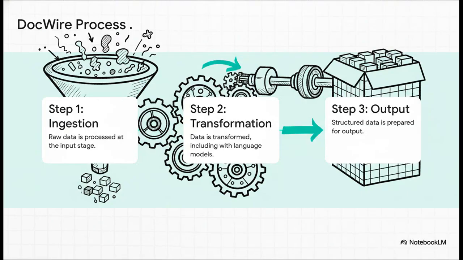This is exactly where DocWire operates. It manages that entire data transformation process. It takes in raw, unstructured data, it transforms and enriches it, and then it produces clean, structured data as its output. And that enrichment step is key. It uses advanced language models to not just classify data, but to actually understand the context, pull out relationships, and even summarize information automatically. So don't think of it as just one part. It's more like the entire drivetrain of a car.